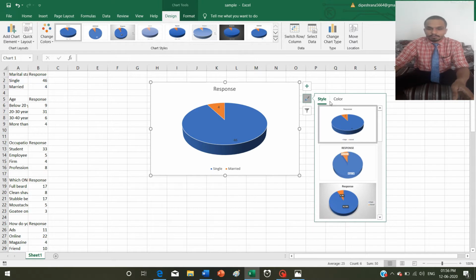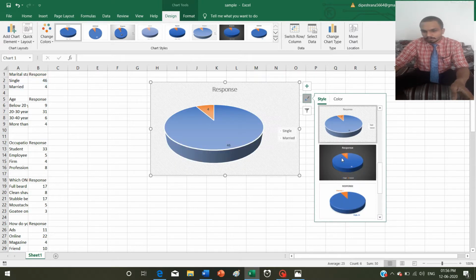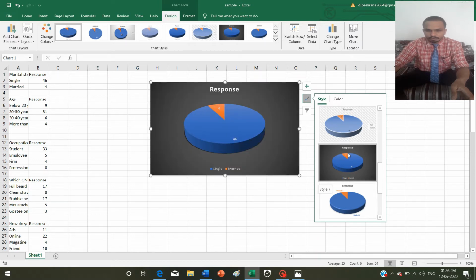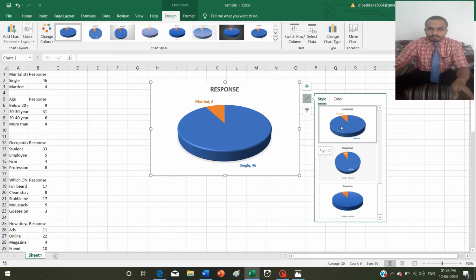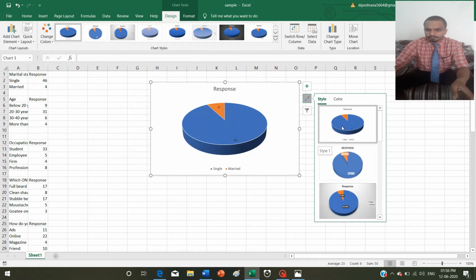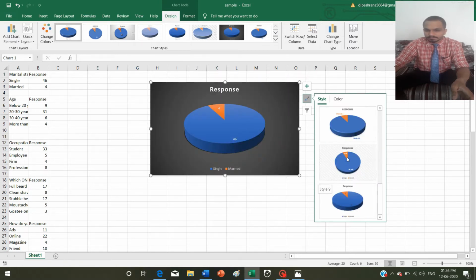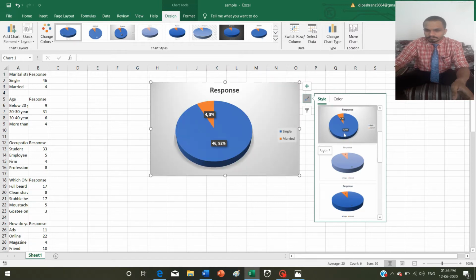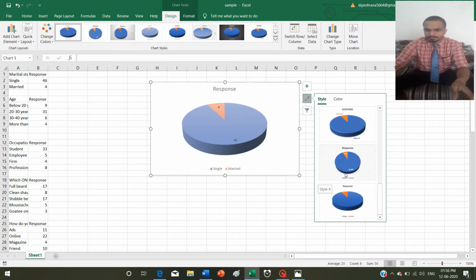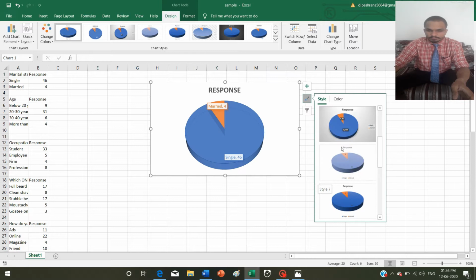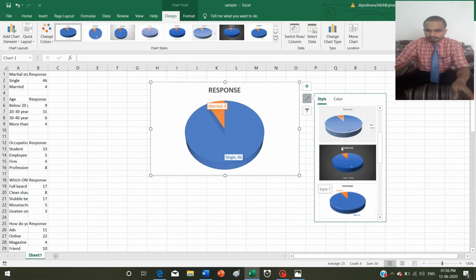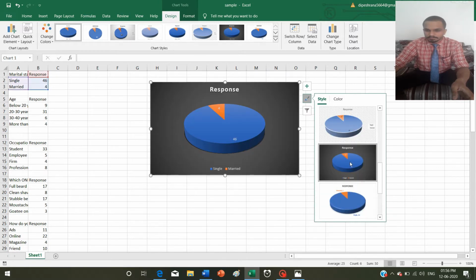If I wanted to make it attractive, I will go to this paint option, then I will select the style. There are many styles available all over here. So what I will choose is, I find this looks good. This is better.